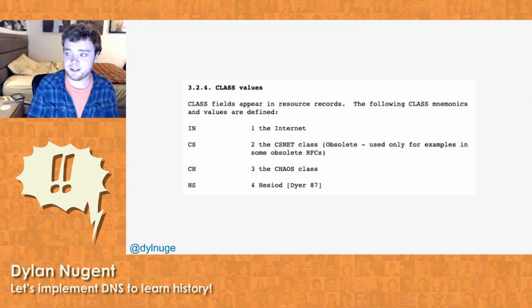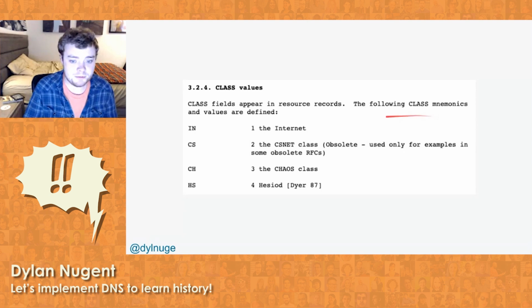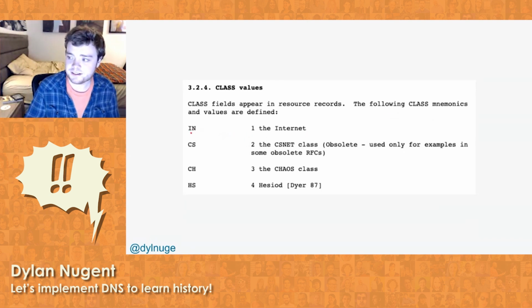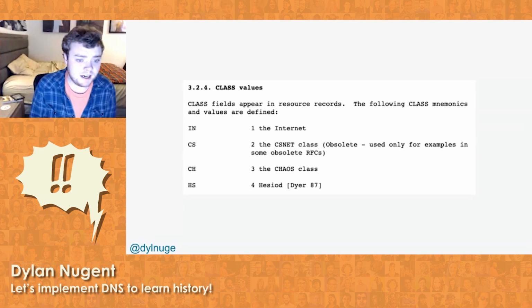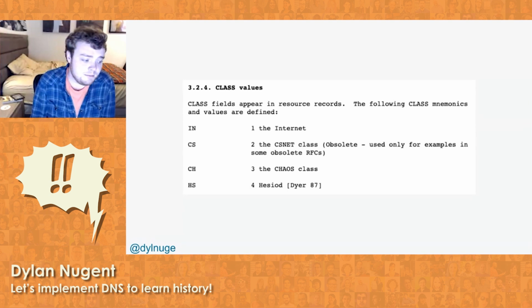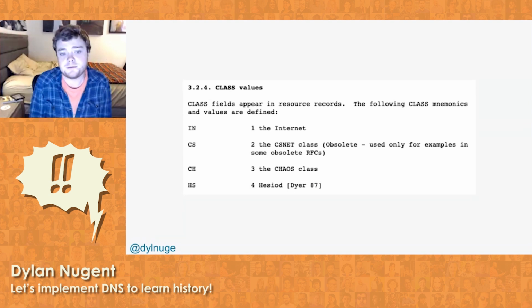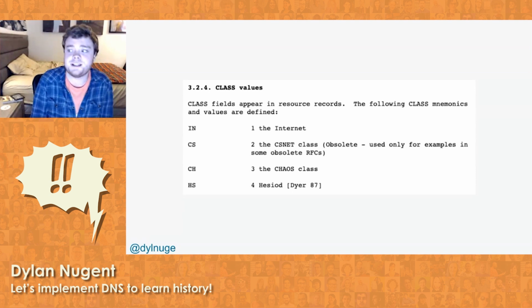It's also really cool to see what things people planned for. Because the internet was a new thing, they put this class field into DNS, and they were like, when we develop something better than the internet, we need to have some values to put in there as well. So this can run on different types of networking protocols that don't necessarily rely on IP and TCP as their backbone. That didn't end up happening. This is a 16-bit field, so there's 65,000 possible values for it, and every DNS record uses this internet value pretty much.